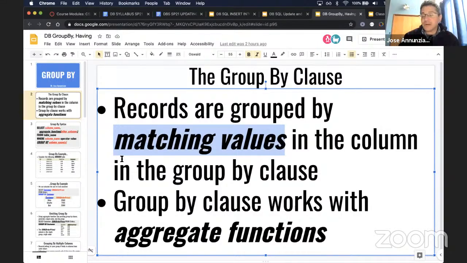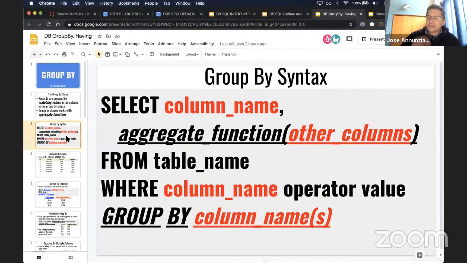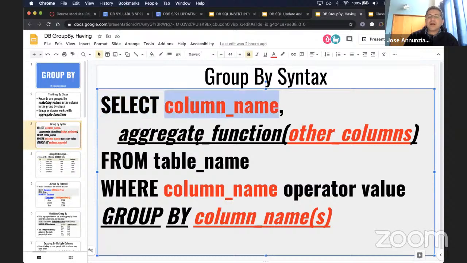So the point I'm going to try to make is that not everything can be aggregated. Not everything makes sense to be aggregated, right? Some things make no sense to aggregate. So let's see what those things are. So first, let's revisit the syntax. You say select a column name, aggregation functions, right? But before we understand this select,